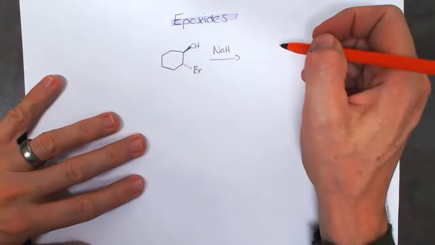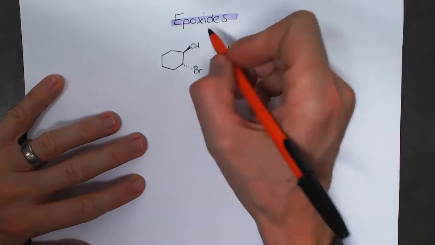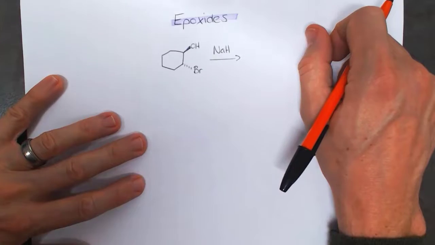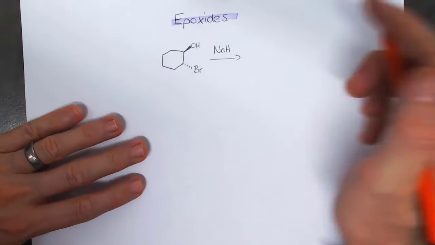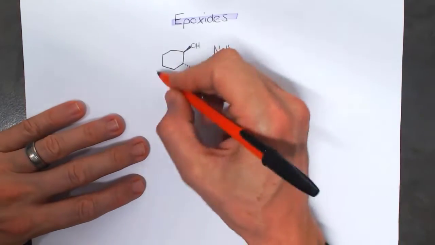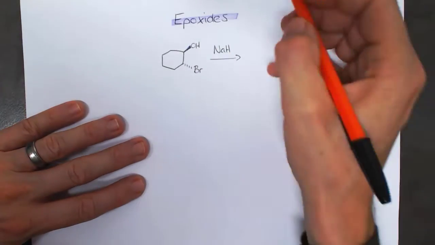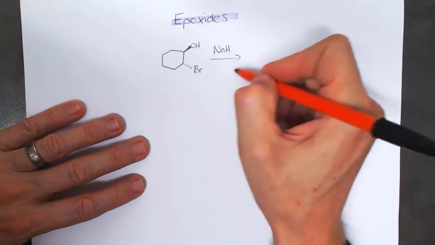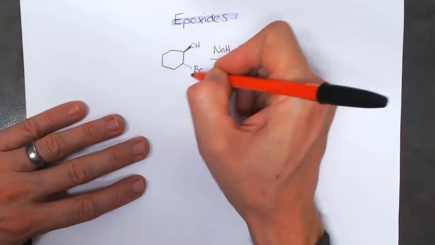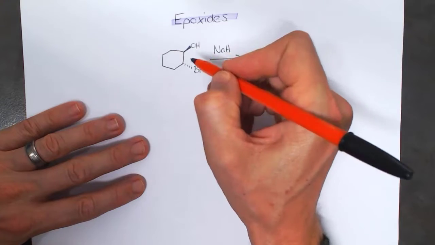Hi there. I want to talk about epoxides as a functional group. Basically how we make them and just kind of the things that we can do with them. Now, in some of my other previous videos, I think we've already seen the formation of epoxides. I just want to remind you again about how we can change a molecule that looks like this into an